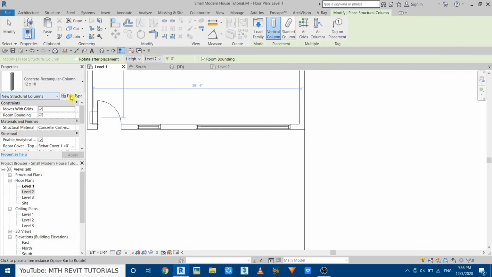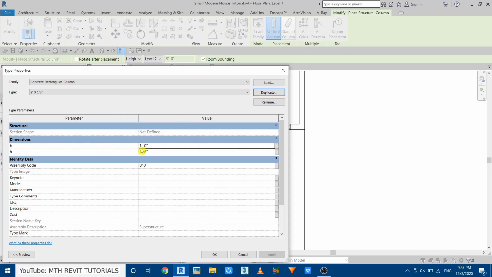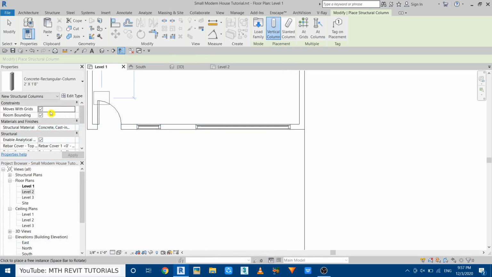Let's create a new one. So edit type, duplicate. This will be 2 feet by 1 foot 8 inches. Click OK and just put the dimensions here. 1 foot 8 inches. No, first you need to put 2 feet and then 1 foot 8 inches. Click OK, and